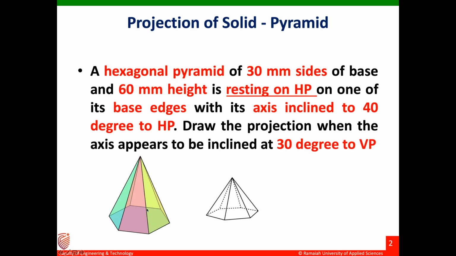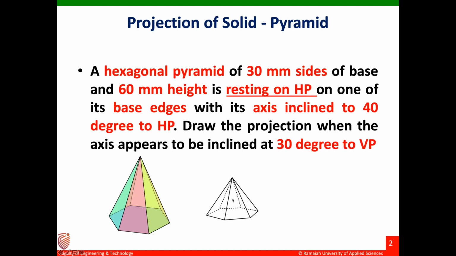Here you have got a hexagonal pyramid. The base is hexagonal, which has got six edges, six corners. On the edges, you have got six slanted triangles, all meeting at a point which is called the apex or vertex. And this is the drawing representation. The front view is represented as continuous lines, and what is not visible is represented as dashed lines. After knowing the hexagonal pyramid, let me come back to the problem.